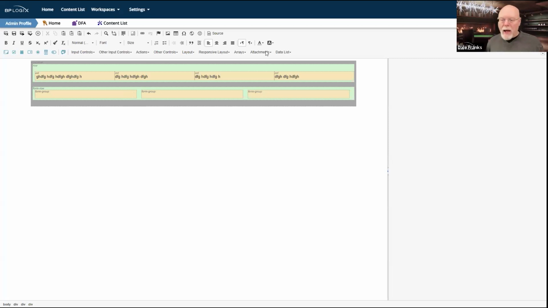So if I drop in a label control inside one of my form groups, and as you can see, I've thrown in three form groups. Note, unlike the column controls, and again, with the column controls, we're really just worried about text. There's no space between the columns, but a form group control inside its form row already has some spacing that is going to be applied automatically.